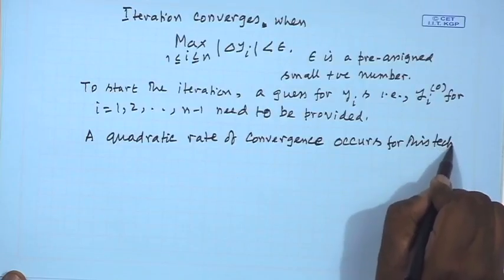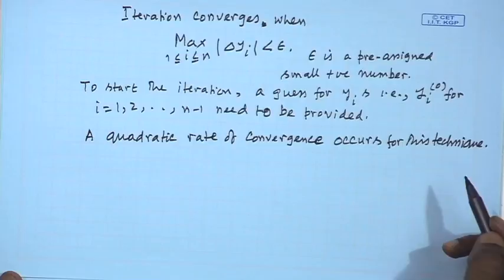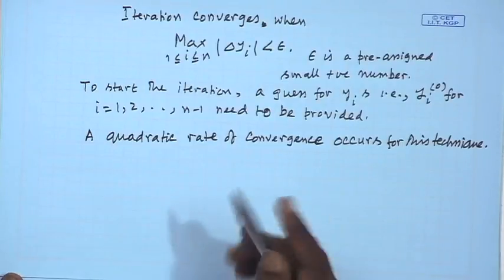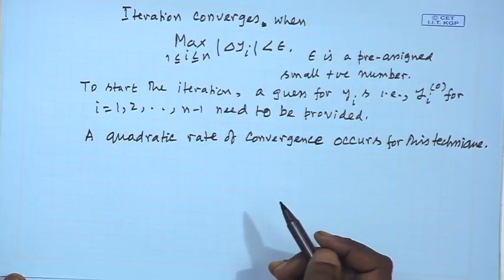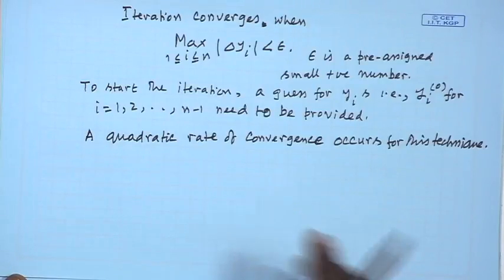That means if we get a convergence, it converges very fast within few steps itself. So, this is the biggest advantage in solving nonlinear equations. So, basically what we do in Newton-Raphson, Newton's linearization procedure, is that we have the